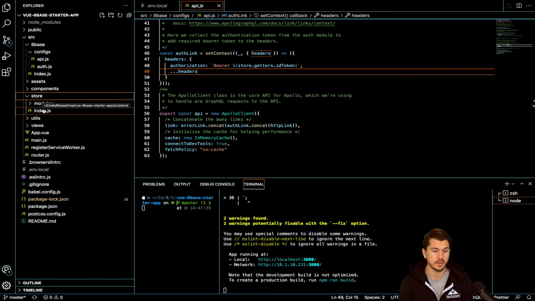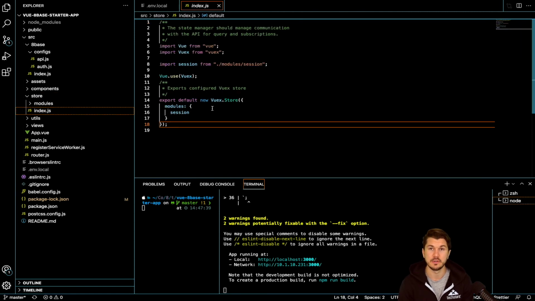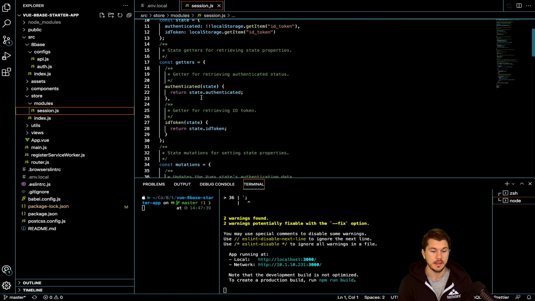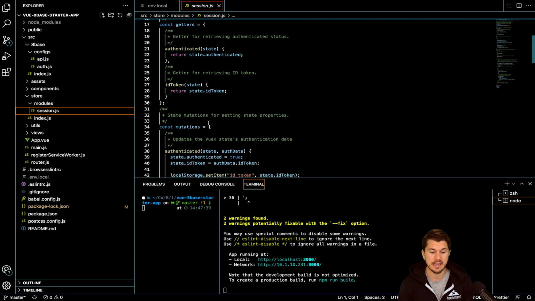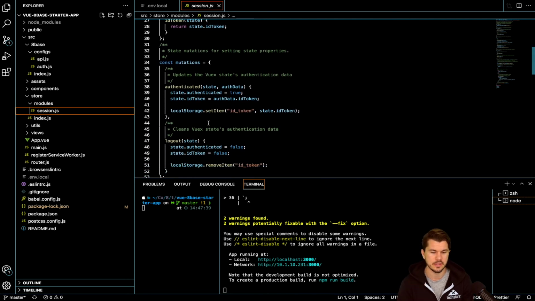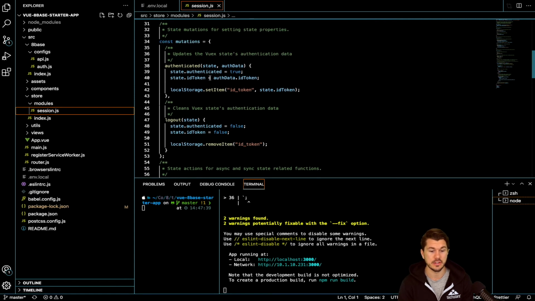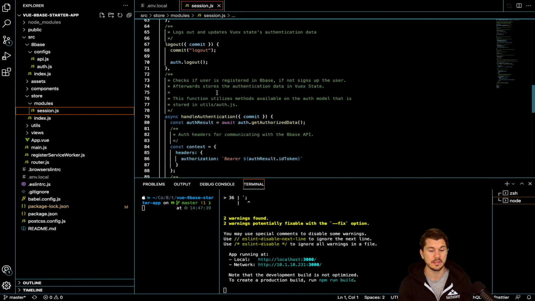So if you go to the store modules, here we can see that we have one module being set in the Vuex store, which is the session. And so if I go to the session module, here it's all set up for storing the ID token and storing an authenticated state, which you kind of saw being used in the front end a little bit. So handling mutations for whether the user is authenticated, logging in, logging out, as well as one